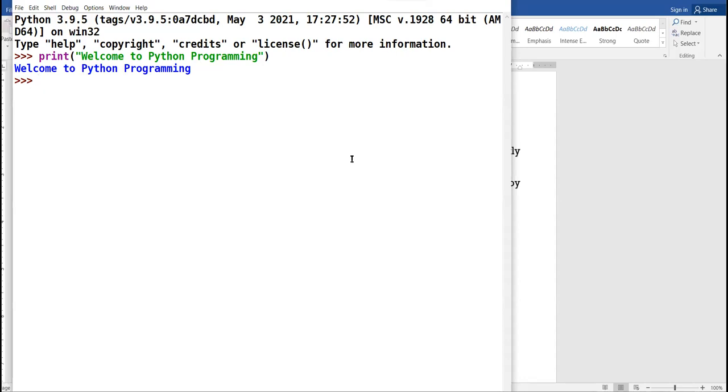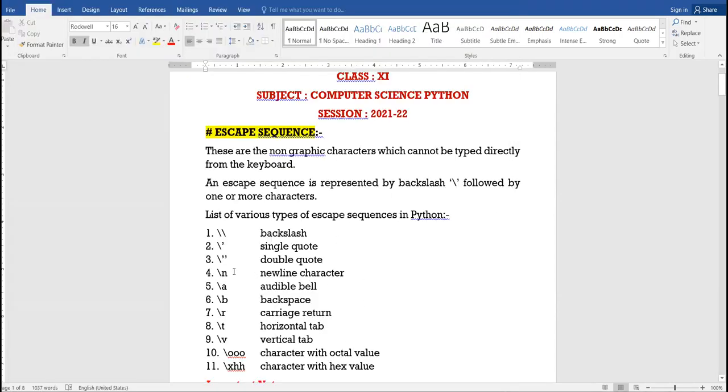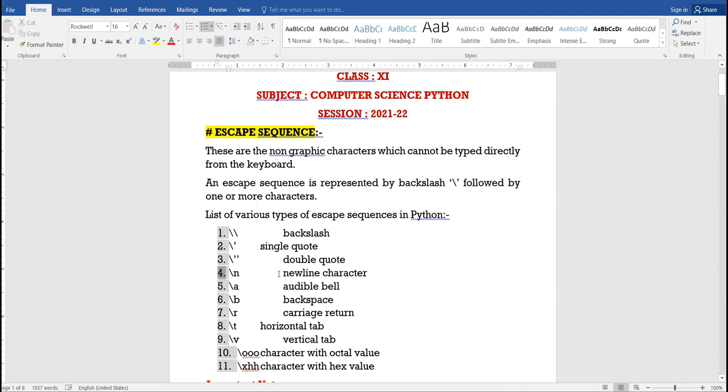The solution to this is that you have to use the escape sequence new line character. The new line character escape sequence helps to display the text in the next line. It shifts the cursor to the next line, right?